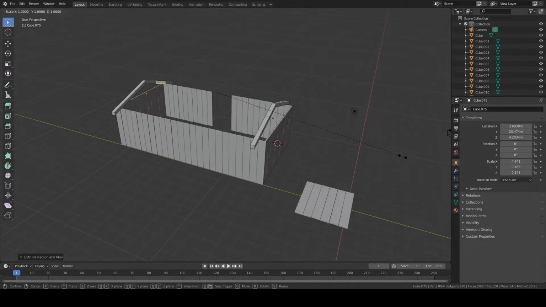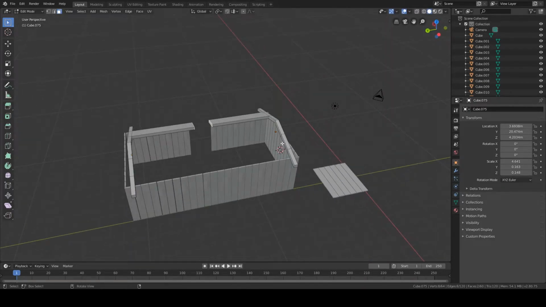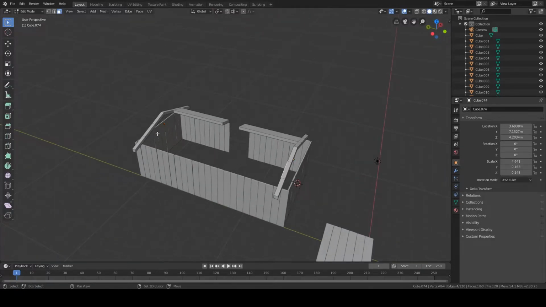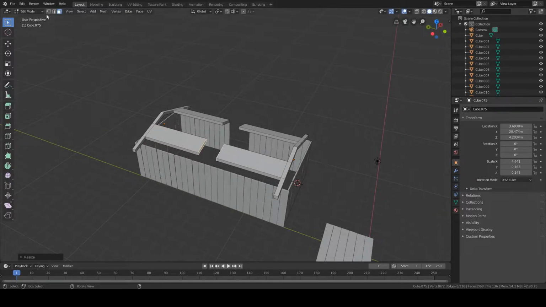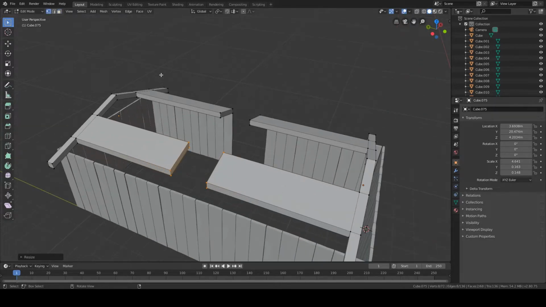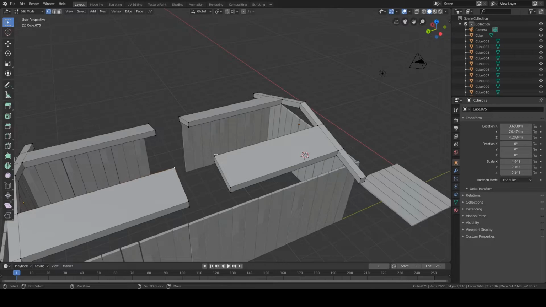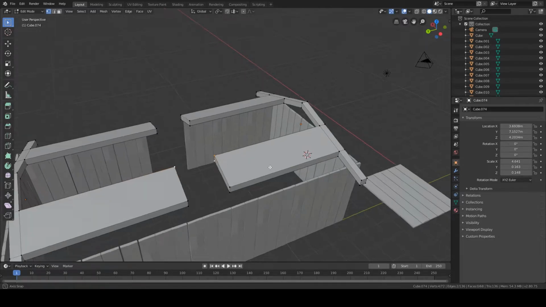and then I'm going to right click, and then press S to scale on the Y. I'm going to bring them right next to each other. And then we're going to do the same thing on here. And we're going to extrude it, right click, and then scale on the Y by pressing S and Y. I'm going to go back into vertex select mode. We're going to press this vertex and this one, and then these two, and then we're going to press F,